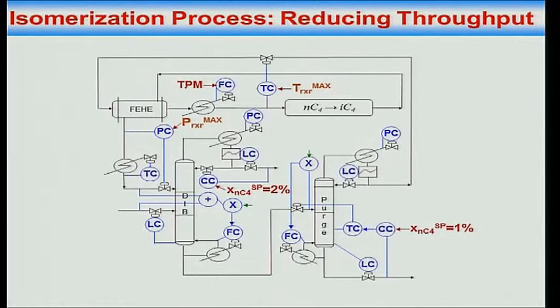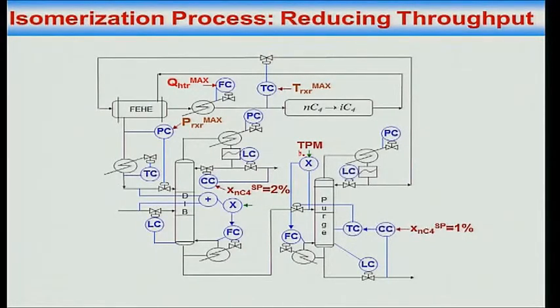Let's go in the reverse direction. I am at low throughput, I want to increase throughput. What do I do? I start jacking up my heater duty, the reactor heater duty, the throughput manipulator, right? As I jack it up, it is the first constraint to become active. So this max is out. Then what do I do? I start increasing this ratio set point. As I am increasing this ratio set point, the boil up is increasing. As the boil up is increasing, what is happening?